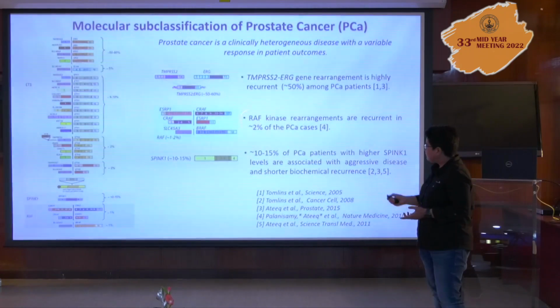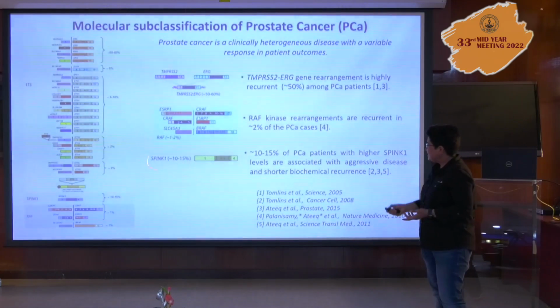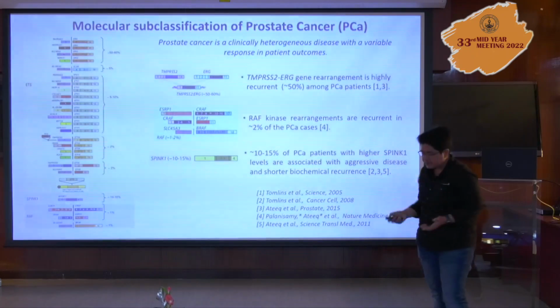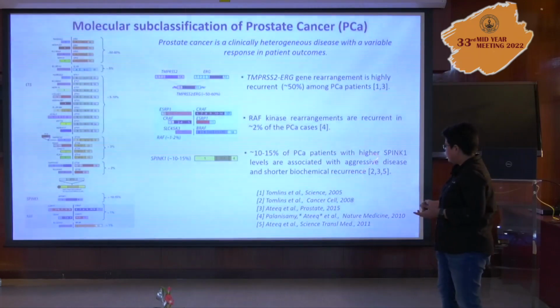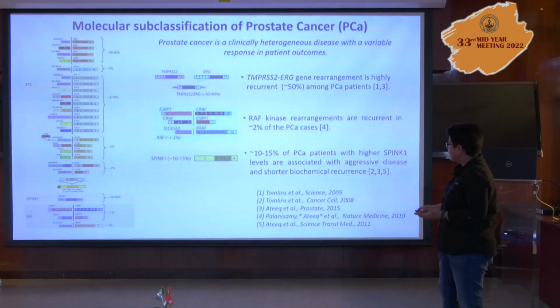Whereas ETS family kinase rearrangement is only present in 2% of the cases. SPINK1, which does not have any genetic rearrangement, is highly expressed in 10 to 15% of the cases. Cases with higher expression of SPINK1 are associated with the aggressive subtype of disease. They have a higher Gleason score, which is a way of grading the cancer,